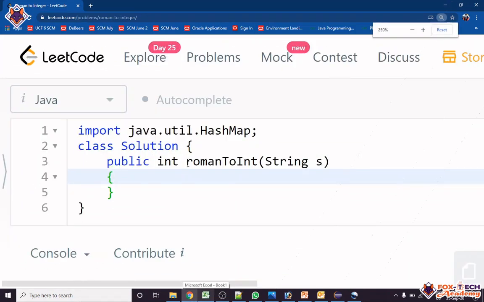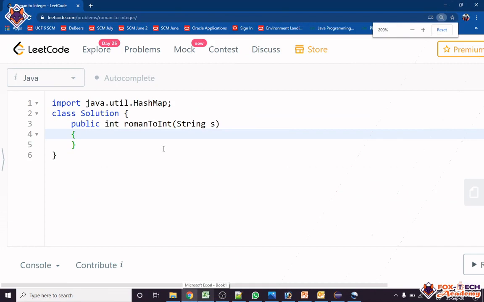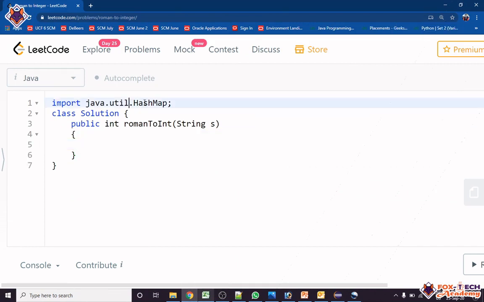I have earlier imported this map, and we will use HashMap hm is equal to new HashMap.